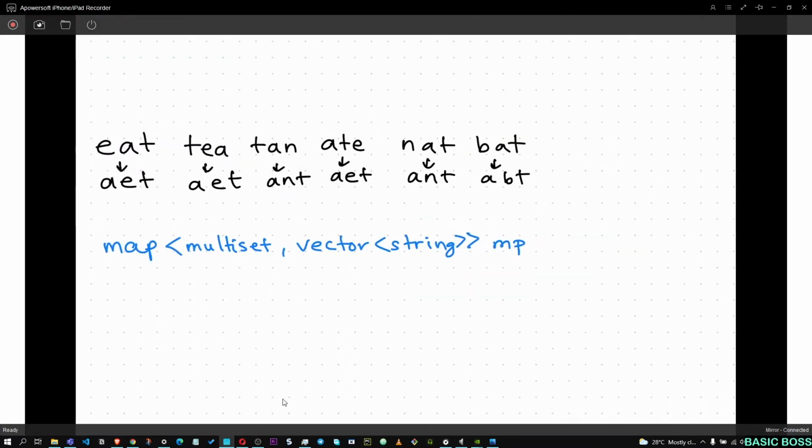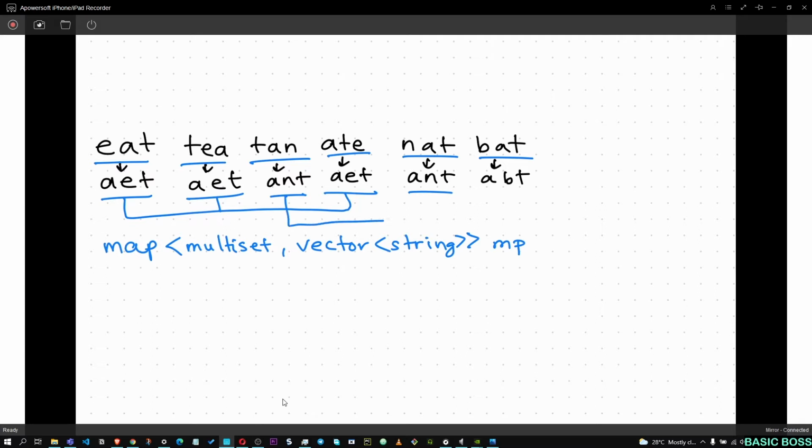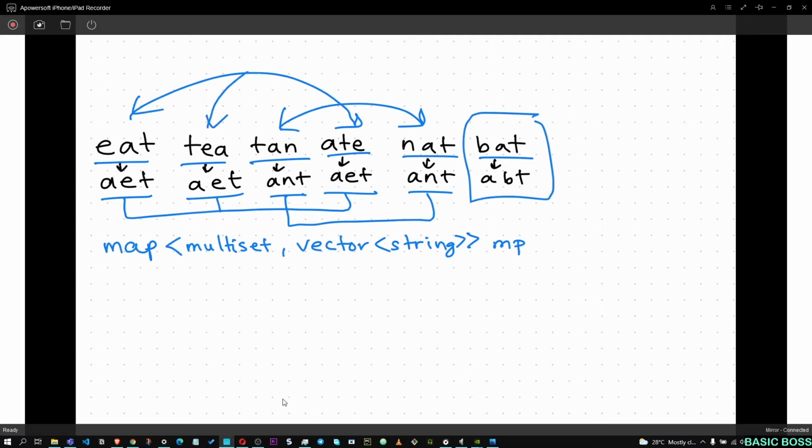So let's go to the example that I talked about before. Here you can see you have been given the words eat, tea, tan, ate, nat, and bat. What you do is sort all of them. So you get AET here, AET here, and AET here. So what you can say is that these three words are anagrams of each other, and you get the sorted version, that is ANT, twice. So these two words are anagrams of each other. For this case, it was these three, and bat is alone because you won't be finding ABT in any of them.